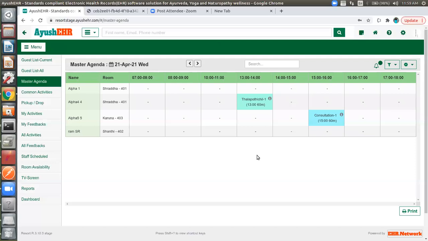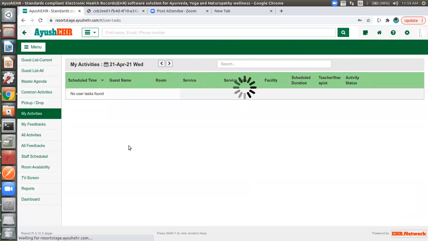We will gather the information from them and we will create tasks for them on a daily basis, like how much time they stay on a daily basis. We will assign them activities. And we'll also assign a therapist for them. For particular activities, there will be a therapist, right? So we will assign a therapist for them.